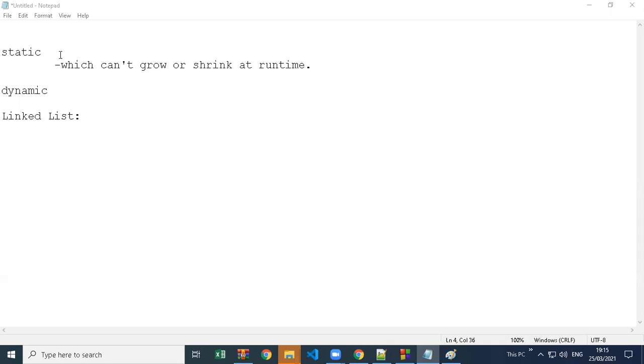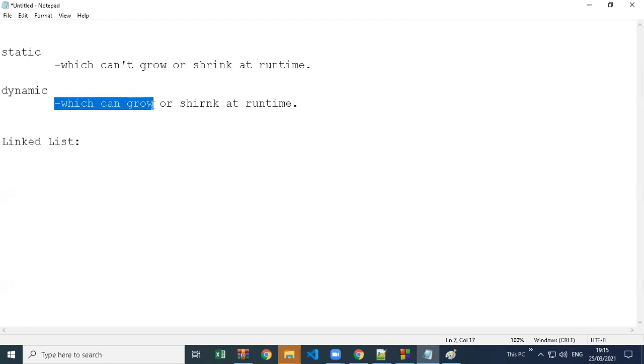Like Amazon also has a database. Today we have 10 products, tomorrow we have 15, today we have different products, tomorrow different ones. So there should be one array which can take n number of values without giving any size in advance. We require a dynamic array for this, which can grow or shrink at runtime because we don't give any size.